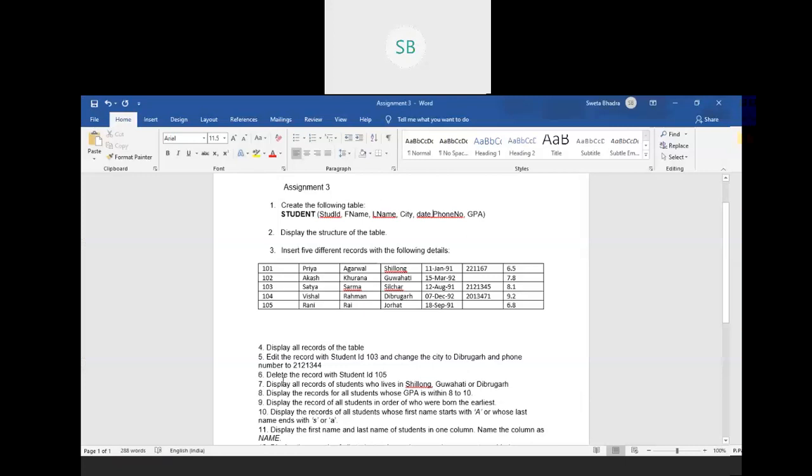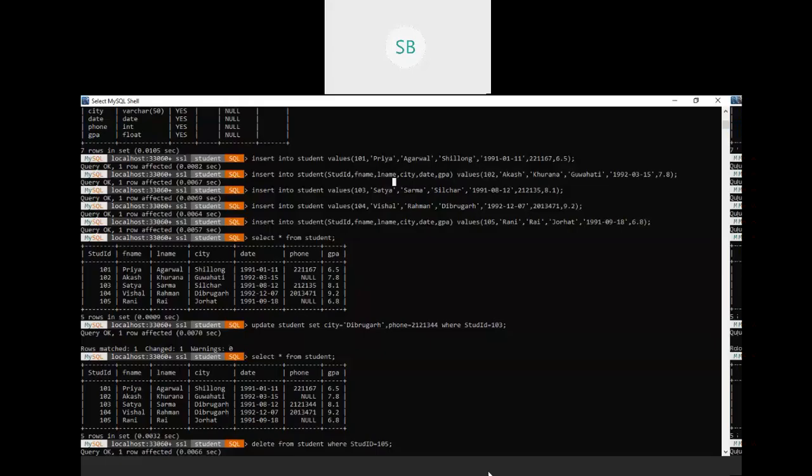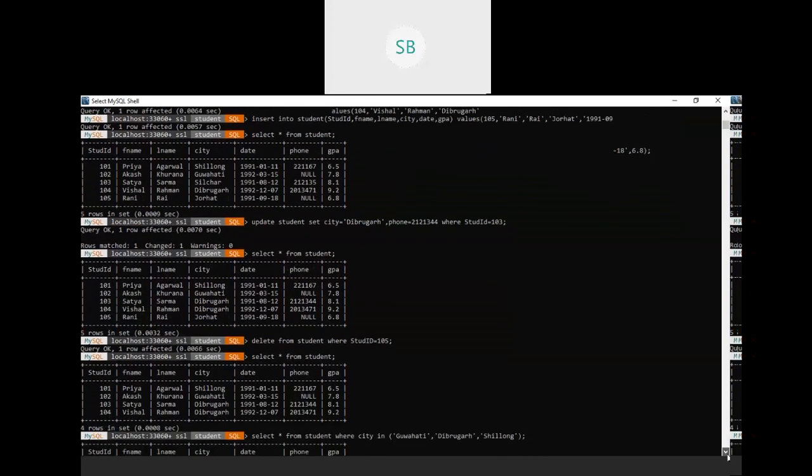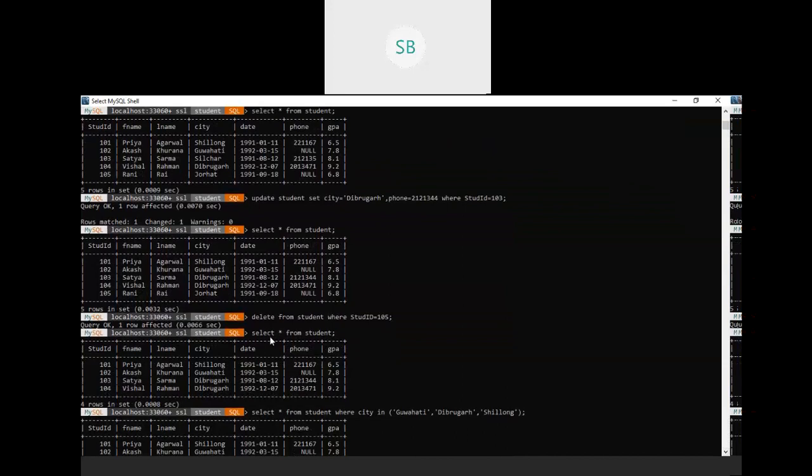Next we have delete record with student ID 103. Fine. So this is a very direct question which we had in the slide also. When it's a delete, we need to delete the record of student ID 105. So we will directly write delete from student where student ID equal to 105. Again, that will give the answer that the query is okay, but you cannot display it. For displaying, you need to use the retrieval command, that is the select star, to check whether it has been deleted or not. Now, when we run this command, select star from student, you check the table, row ID 105 has been deleted.